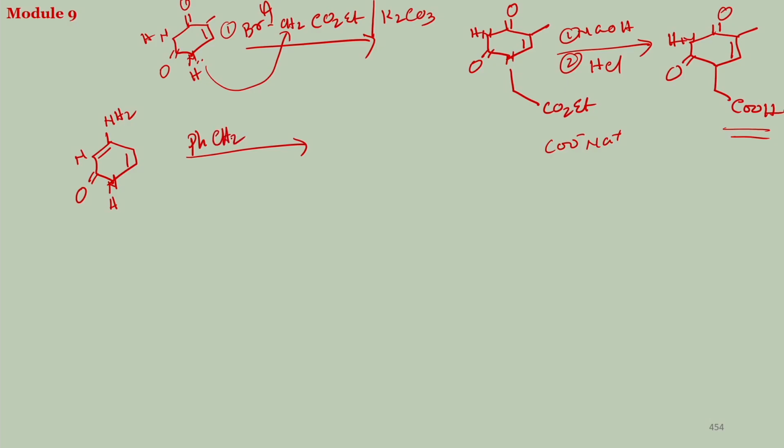Ph CH2O CO Cl in presence of pyridine, you need a Lewis base. Then what you will have? You will have NH, COO, CH2 Ph. This is a protection of the amine,